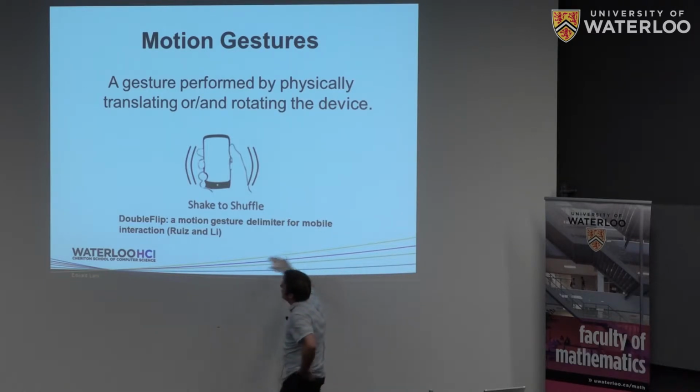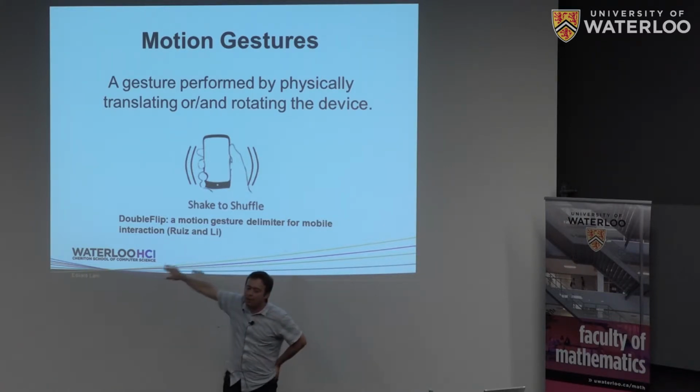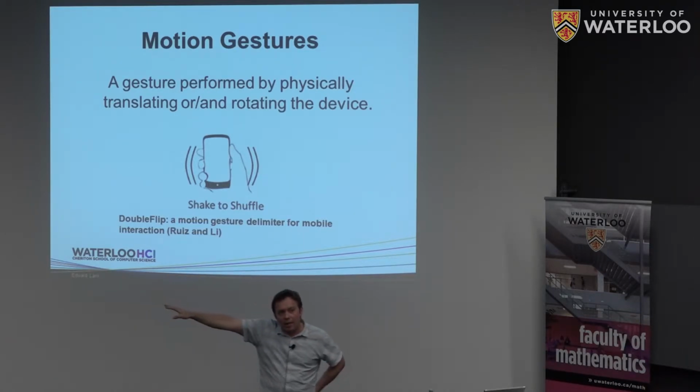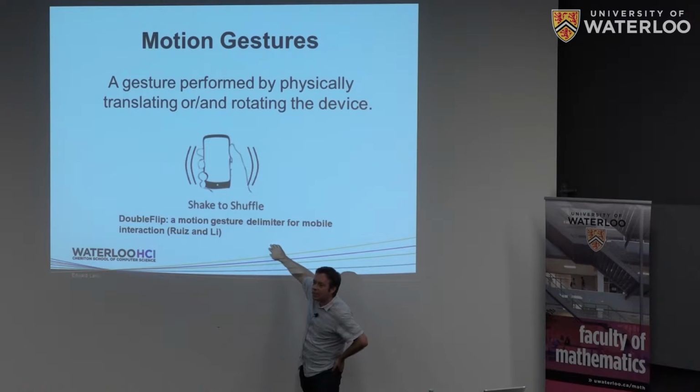And he did some work with Yong Li and came up with a delimiter for motion gestures called double flip. One of the cool things about this work is that at that point in time, Google actually owned Motorola. By late 2010, Motorola had introduced Moto Actions. And one of their gestures, if anyone's got a Motorola phone, they can try it, to turn on the camera is something called the double flip. So it was kind of cool that work that Jamie did on internship basically went straight out into product